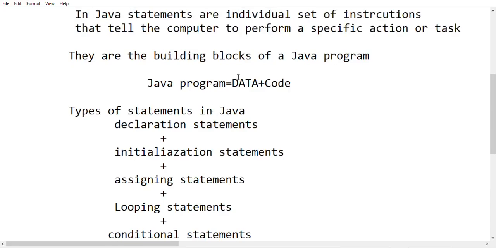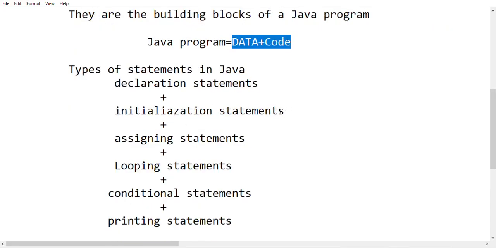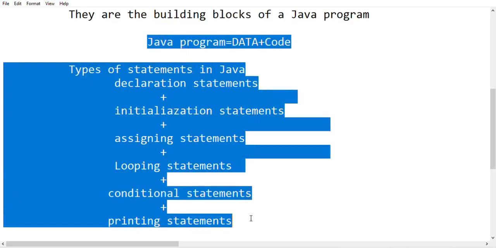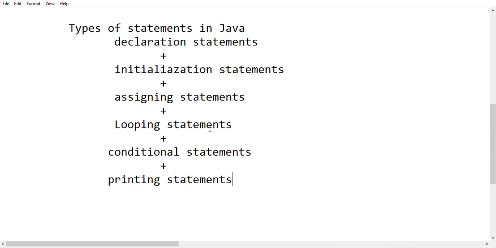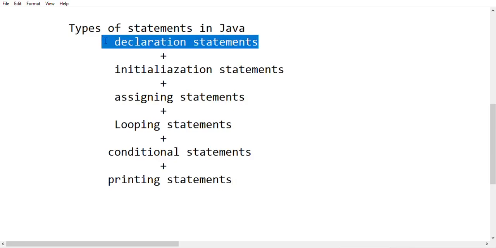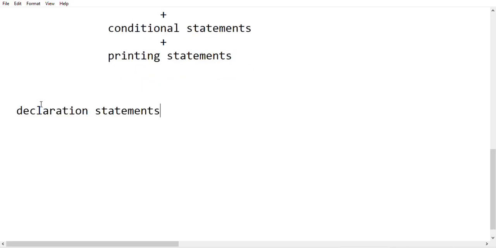So that Java program is a combination of data plus code. This Java program is a combination of all these statements. Now, first statement. What are declaration statements? Everything in Java starts with declaration. Declaring something, declaring a class. The first and foremost thing we have to talk about when we start learning Java is